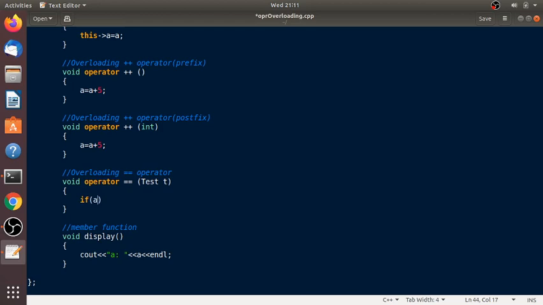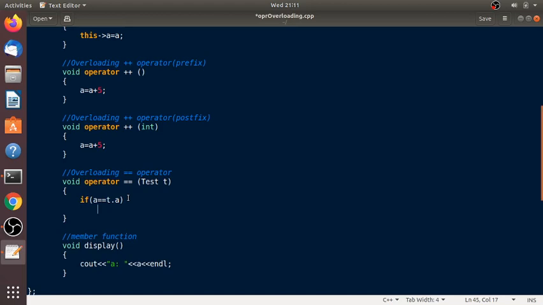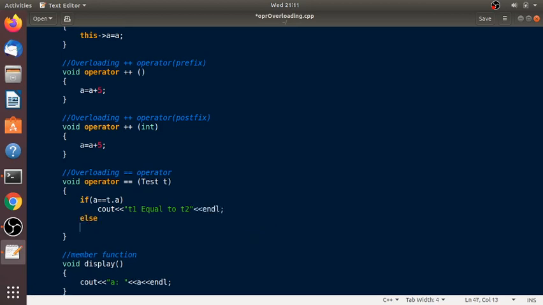So if a exactly equal to t dot a, where this is a calling object variable and this one is an explicit object variable, and if it is true, then simply print t1 equal to t2. Otherwise, else print t1 not equal to t2.